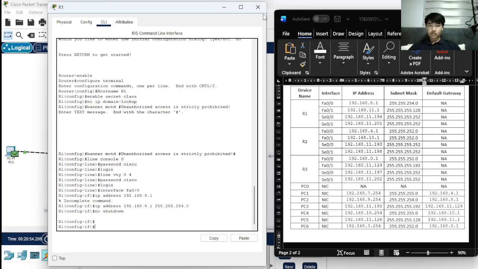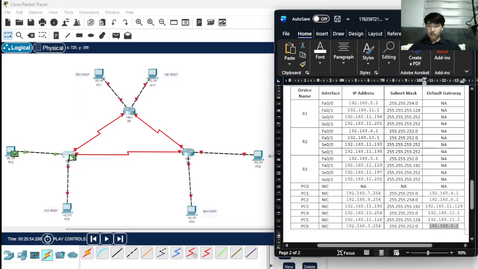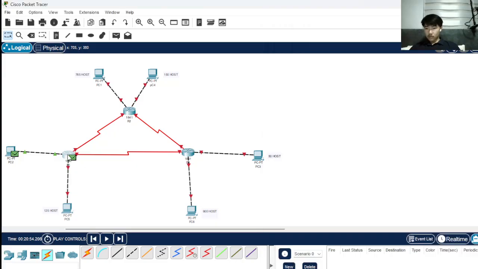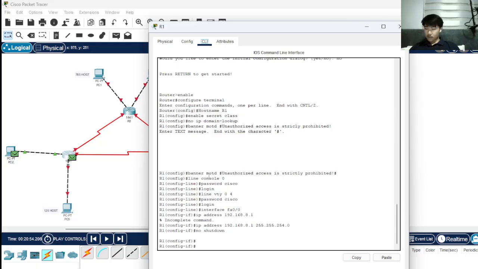Okay, there we go, the connection status is already on. So let's click again, then